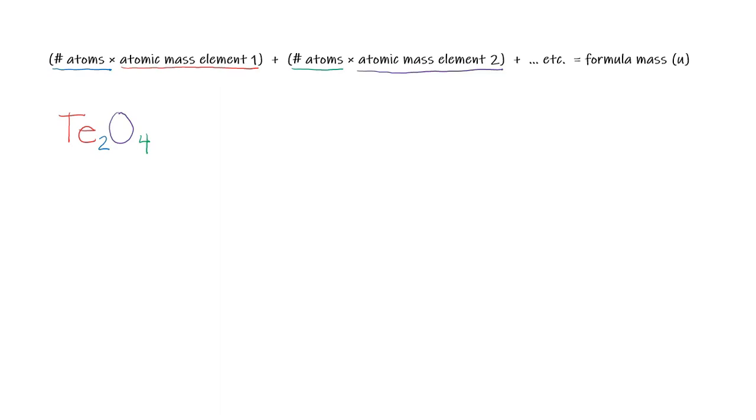As far as significant figures, the number of atoms is exact, so we ignore these values for sig figs. For this example, these exact numbers would be the 2 from tellurium and the 4 from the oxygen. The atomic masses, though, are measured values and must be considered for significant figures. Because the math here is addition, we will follow the sig fig rules for addition and subtraction. So we will round our final result to the fewest number of places. You'll see how this is done when we work through the example.